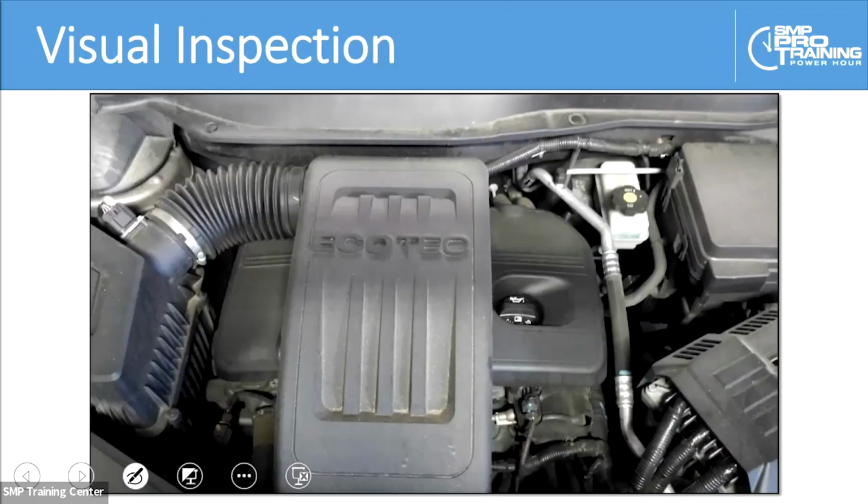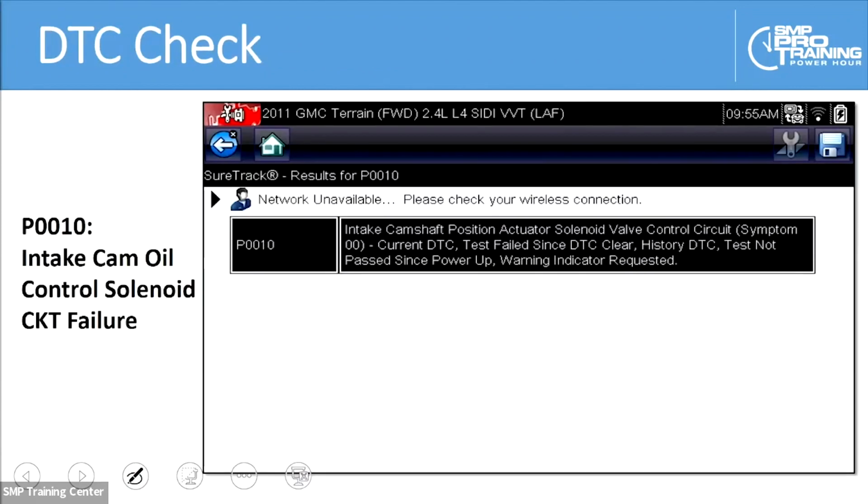All right. Well, the technician raises the hood, and he actually attempted to pull the vehicle into the shop, and it actually stalled out multiple times going into the shop. So no wonder the customer was motivated to get this thing fixed. Now, once he raised the hood in the shop, he looks around to see if there's anything that looks out of place. He doesn't see anything. There's no family of rodents living under the hood or anything like that. Looking good. So he scans the PCM and he finds this code,